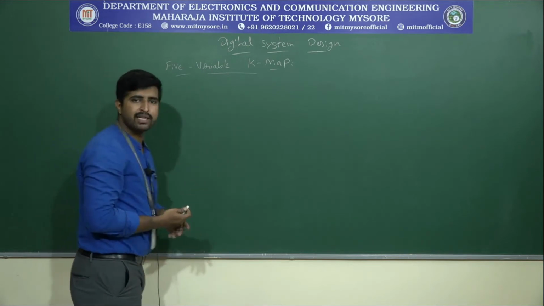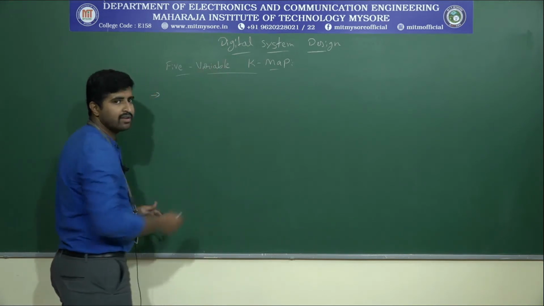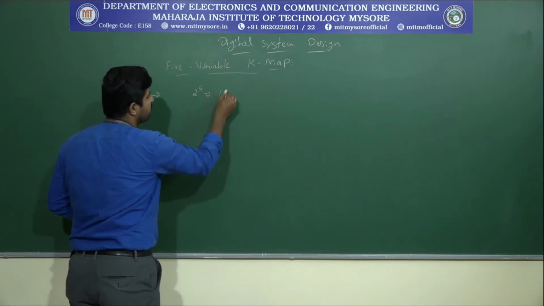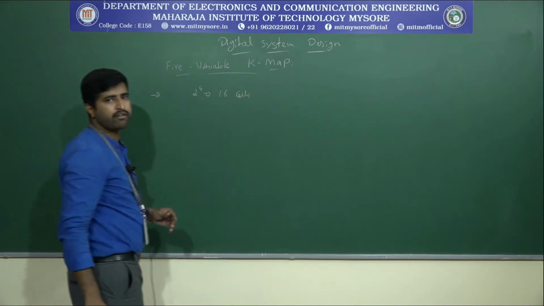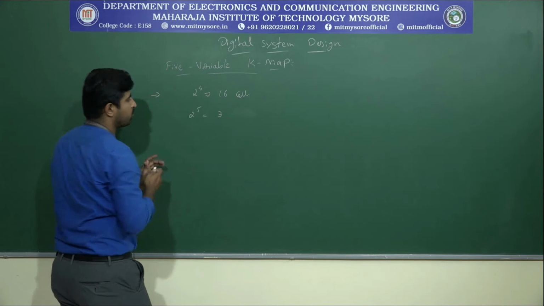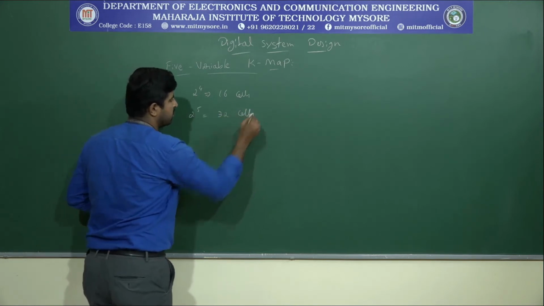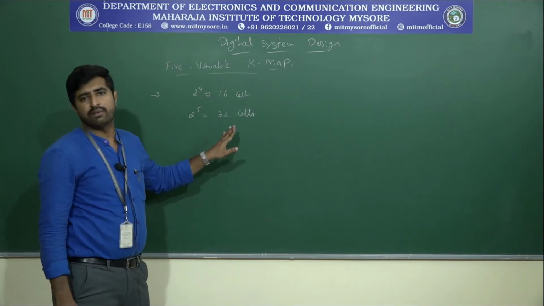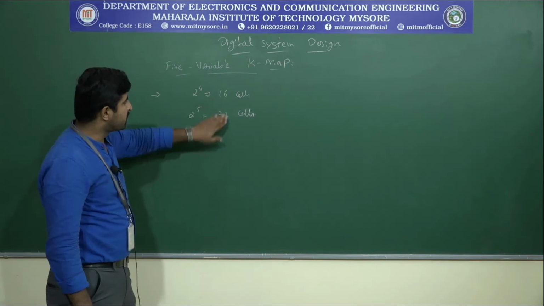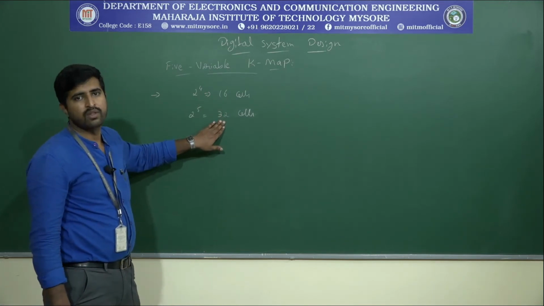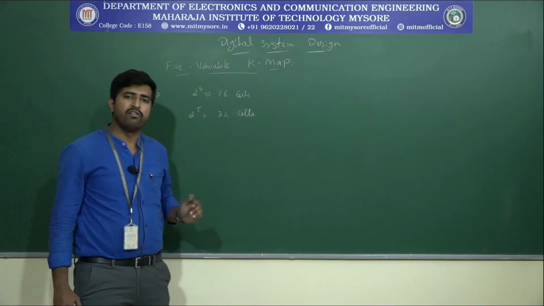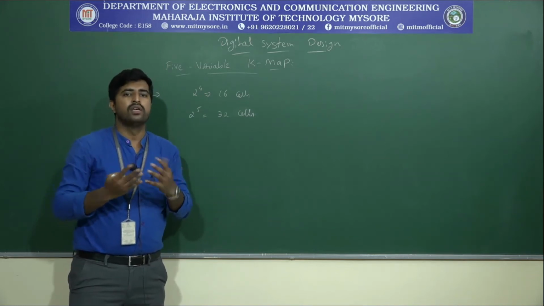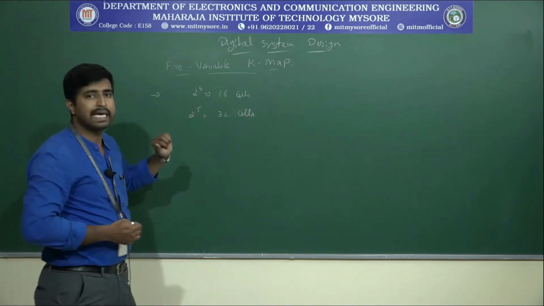So how many cells will be there in the K-map? So always that will be 2 to the power of the number of variables, right? So for example, if you take 4 variables, 2 to the power of 4, there are 16 cells in the K-map we have drawn. Similarly, for 5 variables, 2 to the power of 5, that will be 32 cells. So that means the K-map of 5 variables will have 32 cells. See, 32 cells means almost double of the 4 variable K-map actually. So to construct a 5 variable K-map, we are going to write two 4 variable K-maps connected. Okay, so like that we are going to make a 5 variable K-map actually.